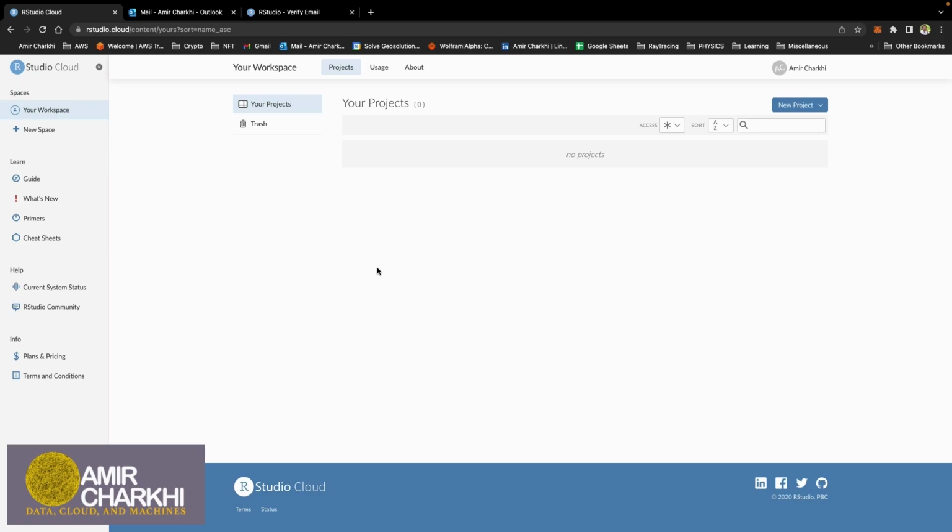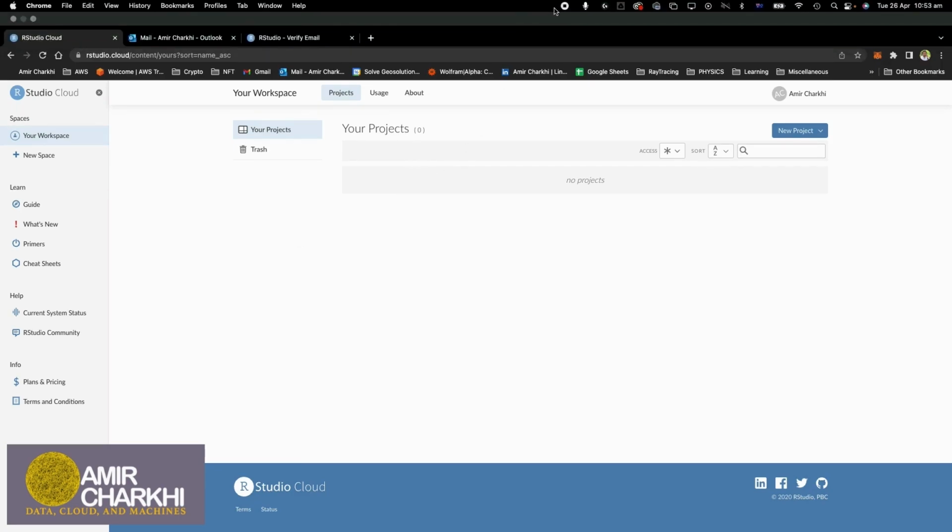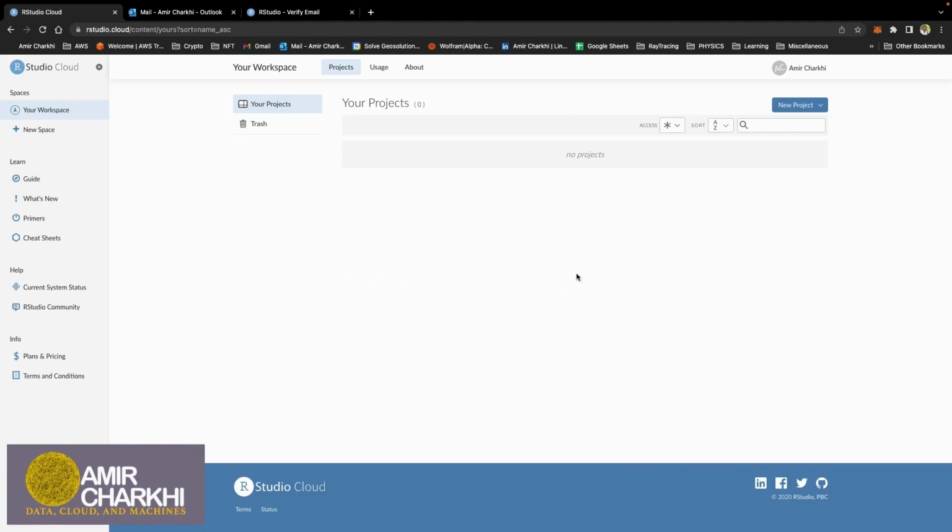So here you have your workspace that you might be able to edit, whatever your preferences are in terms of color, how you keep your projects, how you name your project, and everything that will customize this workspace to your taste. So when you are in the workspace, let me show you what the different tabs and buttons mean. If you click on your name, so this should be your first name and last name,